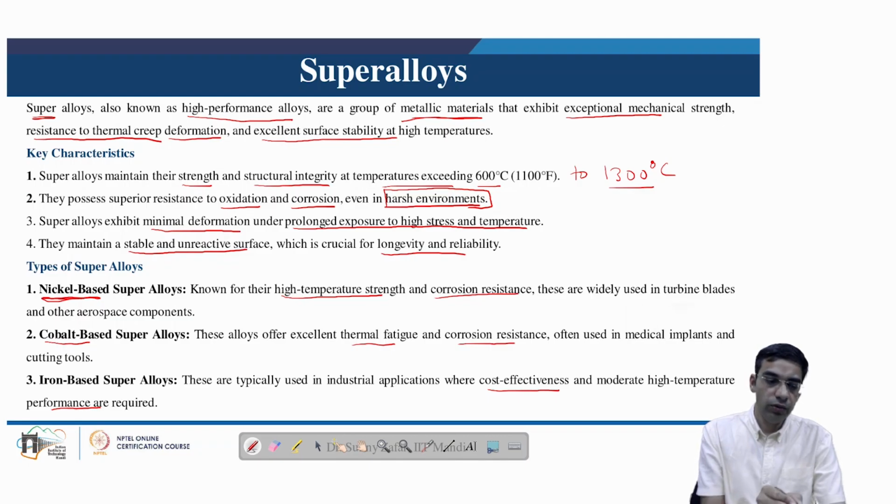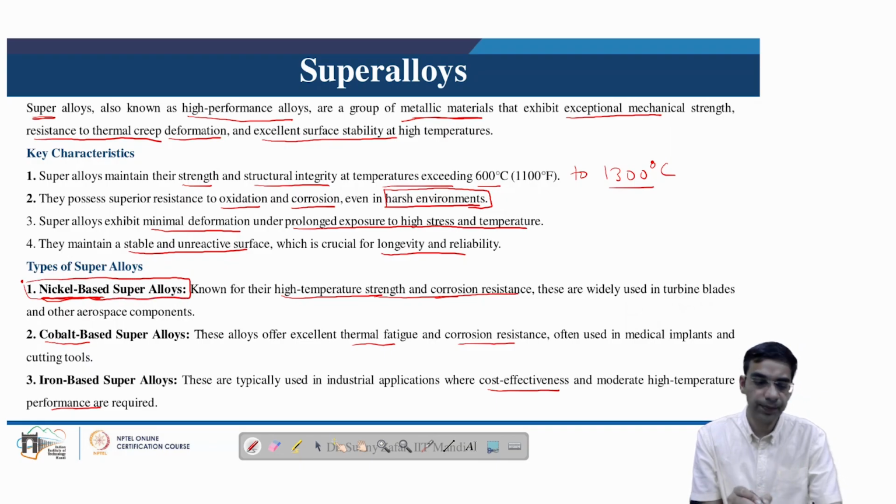So by concluding this short discussion, we can understand that for high temperature strength and corrosion resistance, it is the nickel based superalloy which is specifically used to make the gas turbine blades. So going forward, we will discuss the details about nickel based superalloys, and we will be skipping the discussion on cobalt and iron based, because it is the nickel based superalloy which is used to make the gas turbine blade.